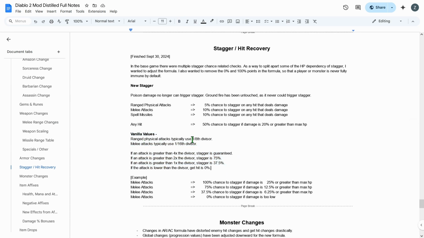Ranged physical attacks use a 1/8 divisor. This is bows, crossbows, throwing knives, throwing axes, that kind of stuff. But melee attacks used a 1/16 divisor. So 1/16 of your max health, which is 6.25%. So if it's below that, melee attacks do not ever stagger unless they are some kind of special effect, such as like a big guy with a big hammer or something. And they've been coded that way. But all normal melee attacks use this, where if you have